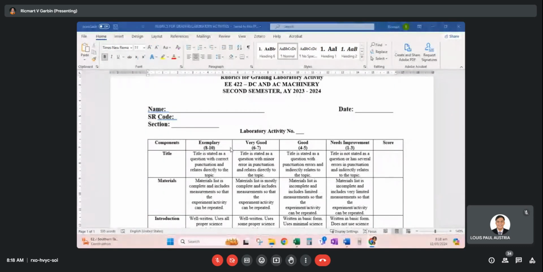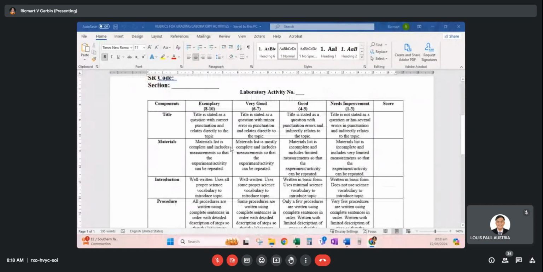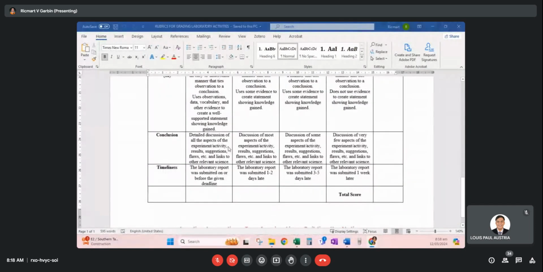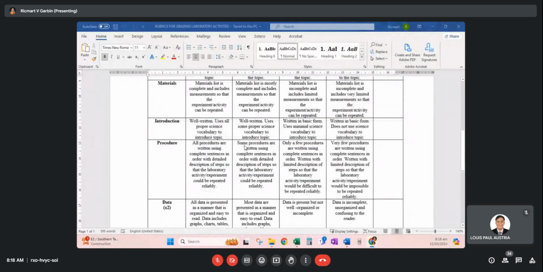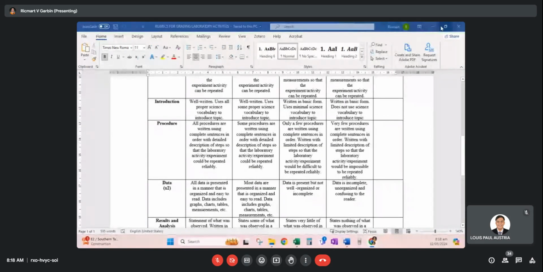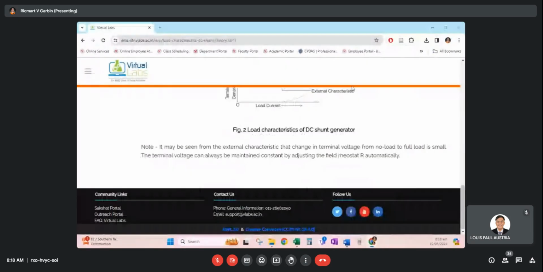Yan, so that will be our rubrics. Again, kindly attach one rubric for laboratory activity 1.1 to 1.5. Okay? So now, let's go to the